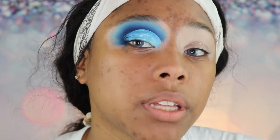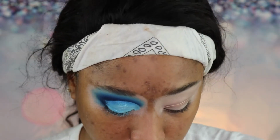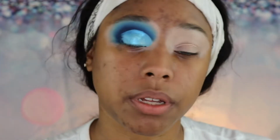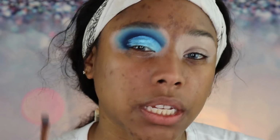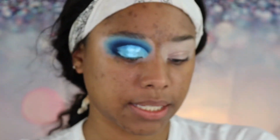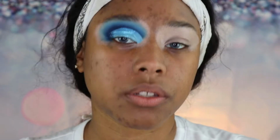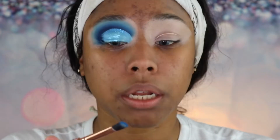Okay, so this looks more like a topper to me. It's actually quite pretty. You could leave it like this or you could put it on top of a shadow. I prefer to put it on top of a shadow just because I feel like it's gonna give it a little bit more oomph. Let's go into the Juvia's Place Masquerade palette, and go into this beautiful blue up here. So we'll do like a little ombre,